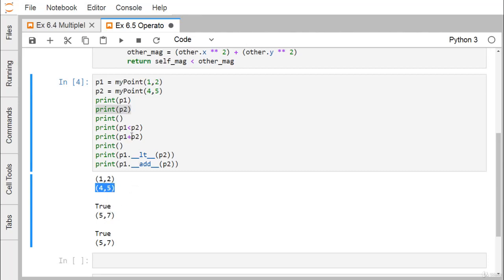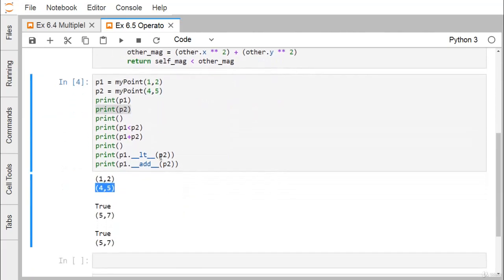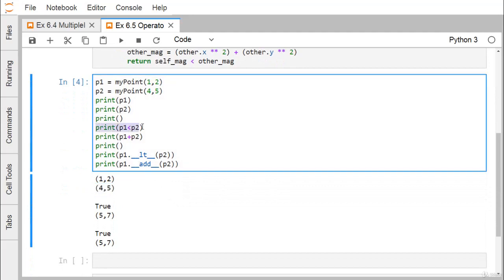Now this particular operation can also be done using the __lt__ method directly. So p1.__lt__(p2), this p2 is getting assigned onto this other, in case of the add and lt methods. So you see we are doing the same. Actually this line is very much similar to this line. So calling the overloading function this way is the same as this one, and this line is also doing the same as that line. That's why we are getting the same output here.